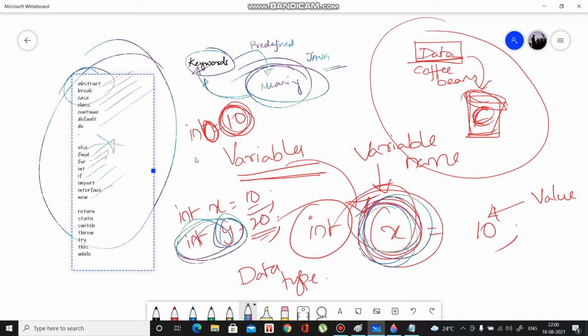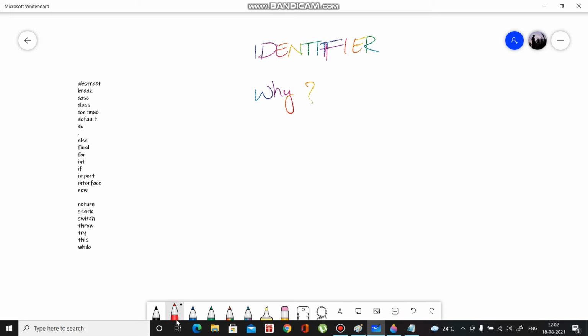The next is something called identifiers. Why do you need an identifier? Let's take an example. There are two coffee mugs, C1 and C2, and there is no label on them, so you don't know which brand of coffee you're going to drink. If you want to drink Bru coffee, how can you do it without a label?